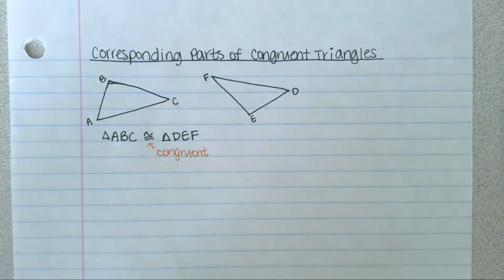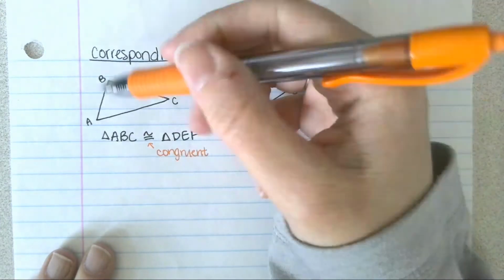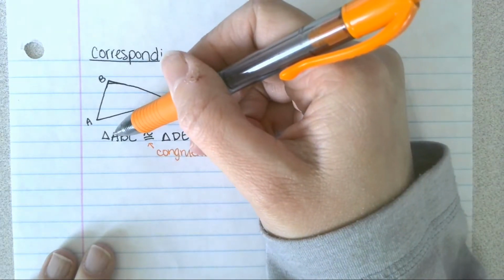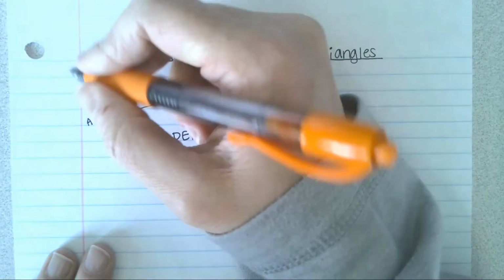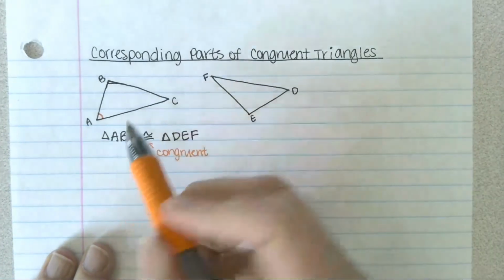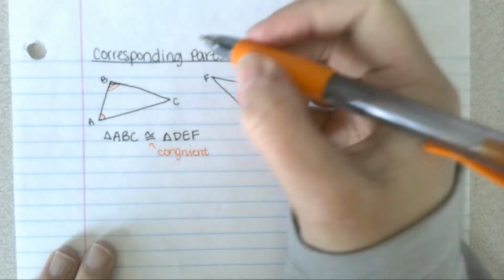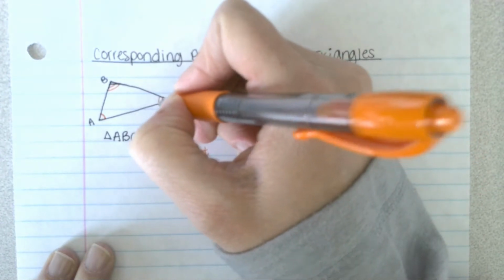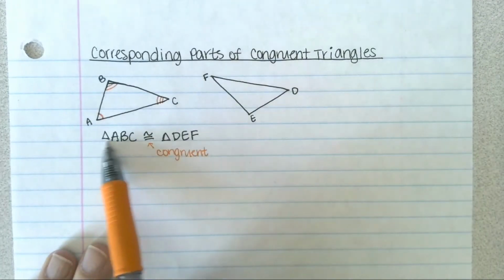When we have these triangles, the easiest thing to do is to mark them to say which angle is congruent to which by those marks. The way that I do it is I like to label my angles first and start with A and then B and then C in the order that they're listed. Order does matter here. So A is my first angle, so I'm just going to put a single angle mark in there. For B, the second one, I'm going to put 2 marks. And then C is the last one, so that gets 3 marks. So I have my first angle, my second angle, my third angle listed by the order that they're written in